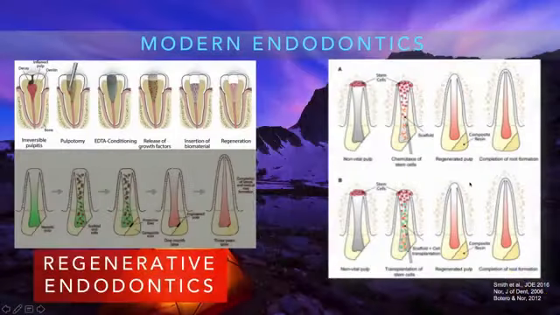Or we can also, in the process of the research that we are doing right now, try to bring stem cells, inject them inside the canals, and give the chance for even the same stem cells from our patients to be put inside the tooth and continue the tooth growth and tooth formation. So this is really revolutionary nowadays, that instead of just putting gutta percha inside the canals, we are thinking about placing just stem cells inside for the patient.